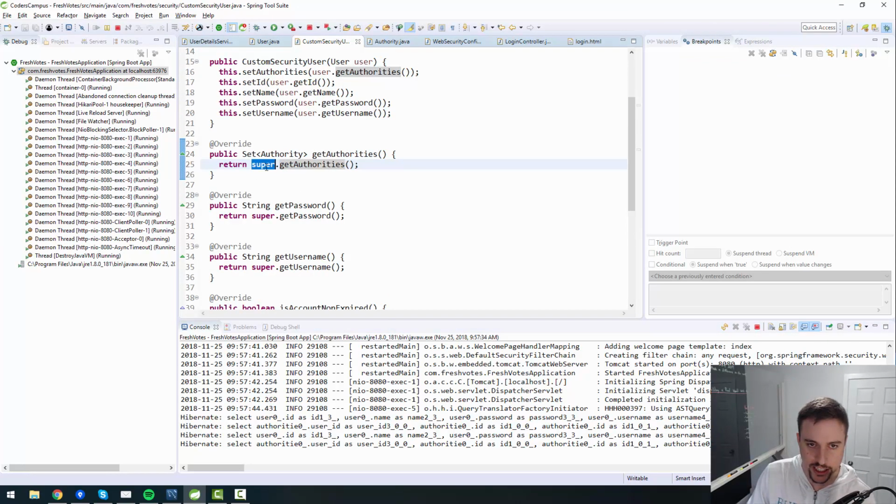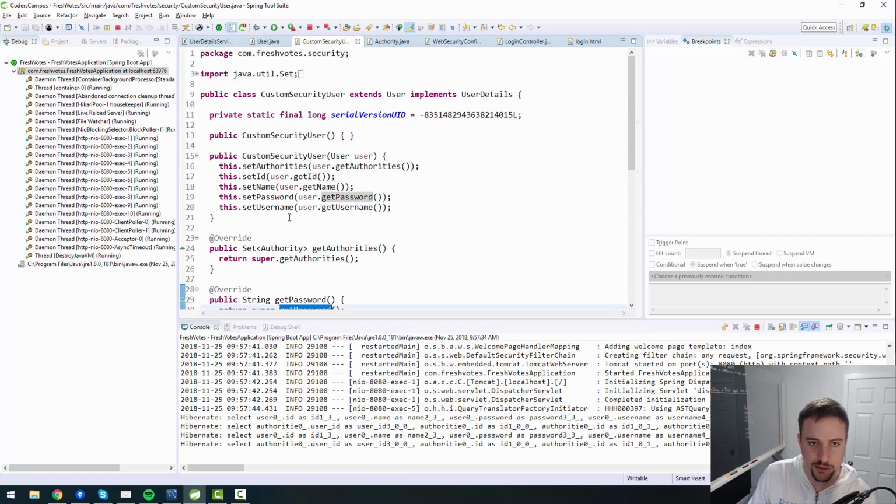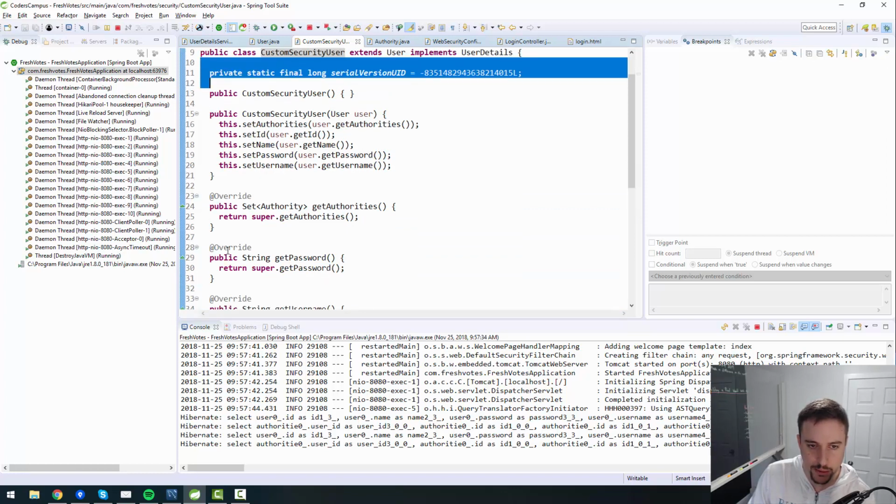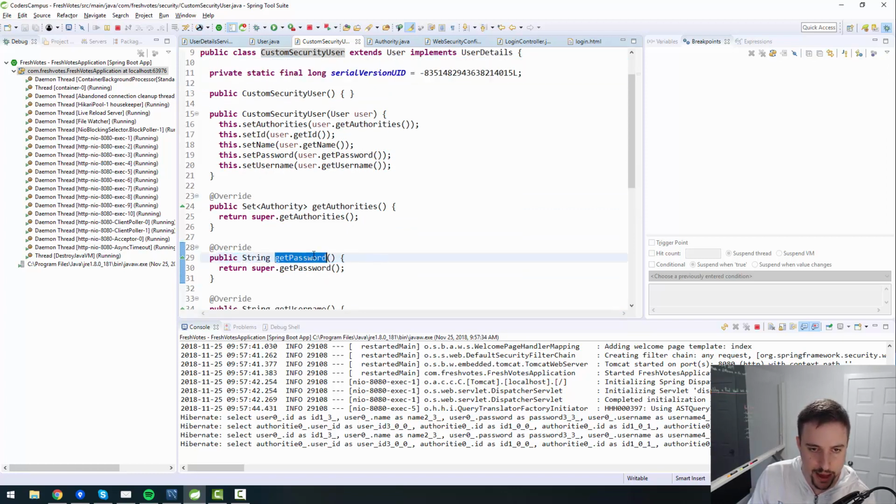So there you go. You need to say super to specifically make sure you get the value from the super object. I assume if I don't say super and say just get password, it's just getting the password from custom security user, which doesn't have a password. So it probably just goes back into that exact same method. And then it just keeps going back and forth